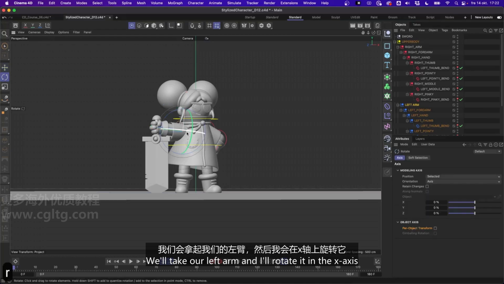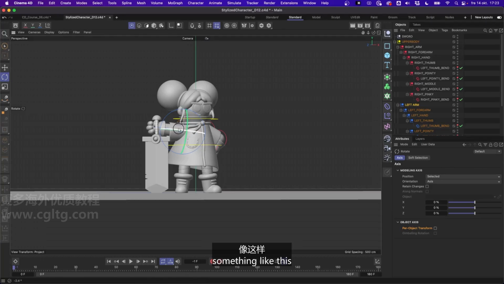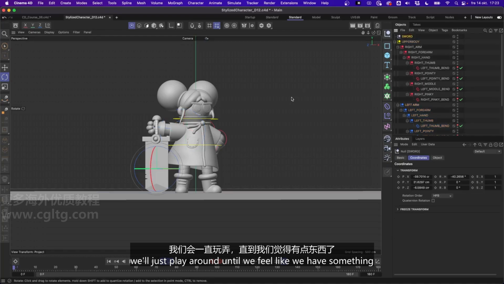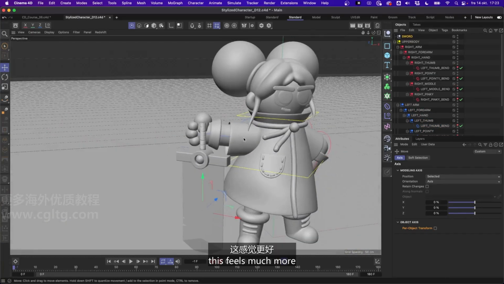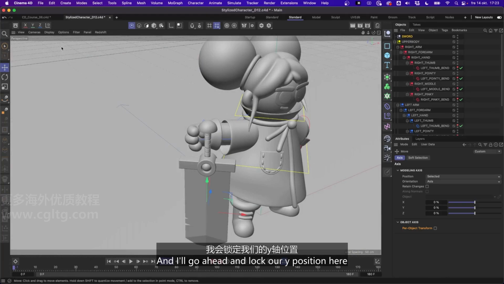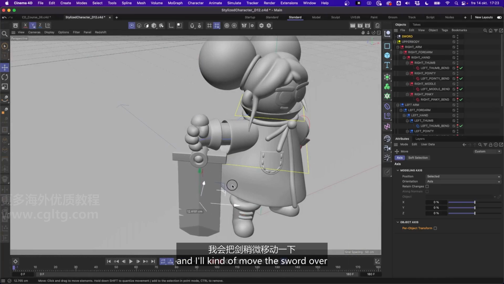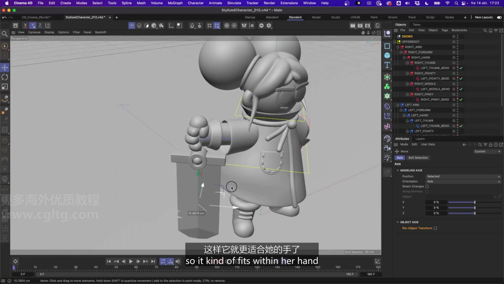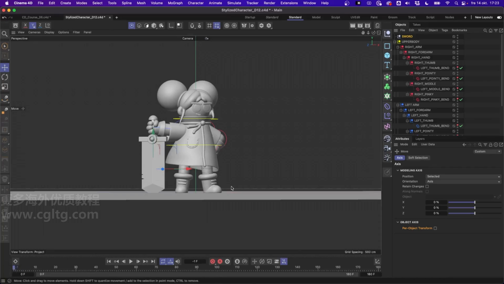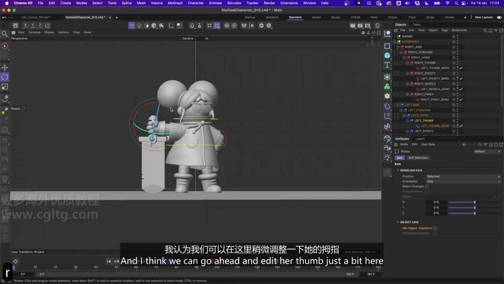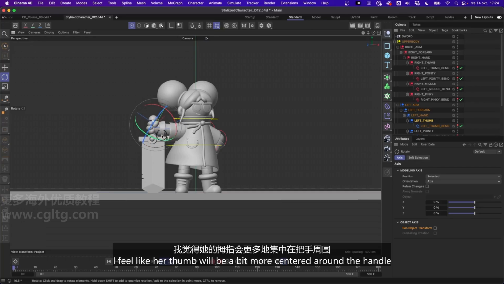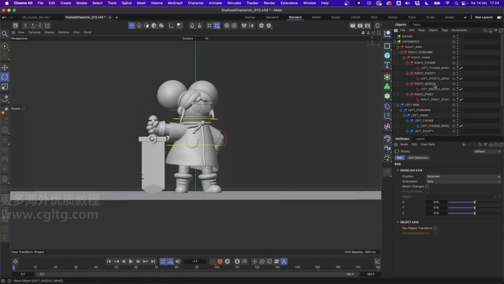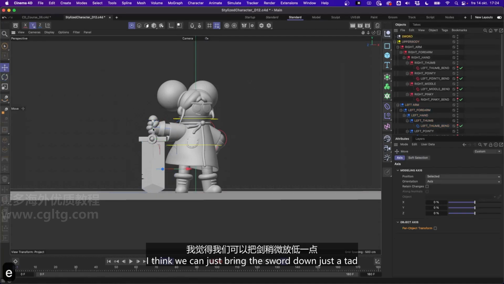We'll take our left arm and I'll rotate it in this x-axis, or the red handle here, something like this. And like always, we'll just play around until we feel like we have something. So viewing it from this angle, this feels much better. And I'll go ahead and lock our Y position here, and I'll kind of move the sword over so it kind of fits within her hand, something like that. And I think we can go ahead and like edit her thumb just a bit here, because it's kind of pointing up just a bit too much. I feel like her thumb will be a bit more centered around the handle. And with that, I think we can just bring the sword down just a tad,